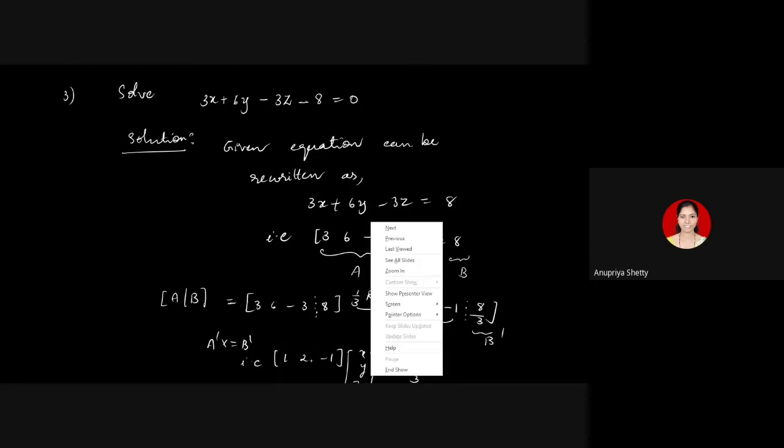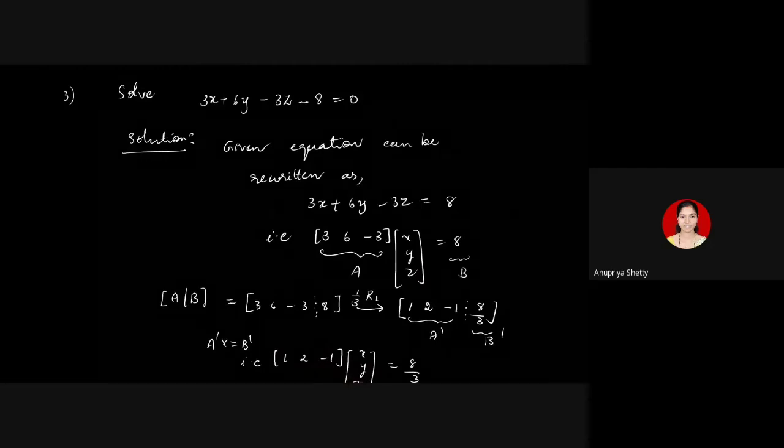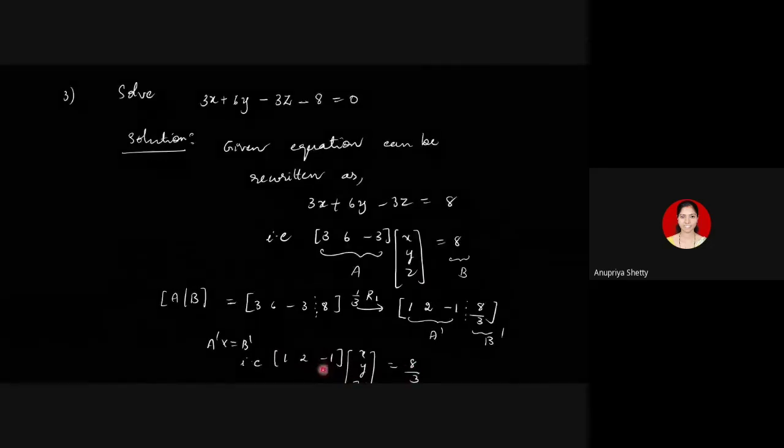If you write down the equation, it gives you x plus 2y minus z is equal to 8 by 3. You give values to y and z, say some a and b. Let y be equal to a and z be equal to b. If you're solving the system in the set of real numbers, you can choose a and b to be any two real numbers. You will have uncountably many options, infinitely many choices for a and b. Then solve for x.